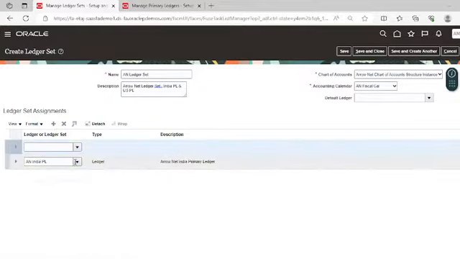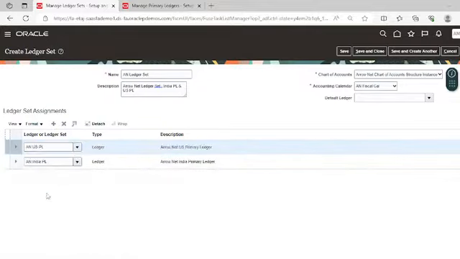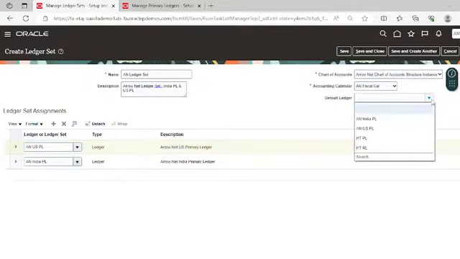This is the primary ledger for India, and select the primary ledger for US. And in the default ledger, you have to select which ledger should be taken as default whenever you create any transaction journal. So you can select the default ledger here. Let's take it as AN India PL.